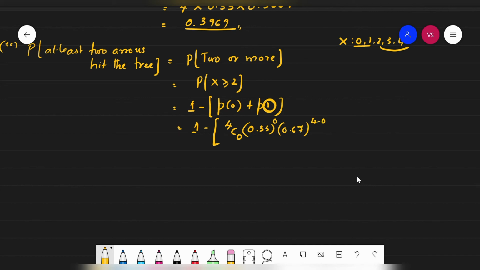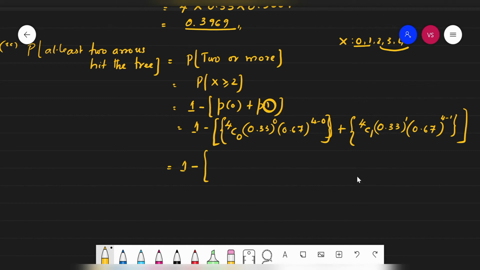This is P of 0. Consider this inside a bracket. Then plus one more, 4C1, 0.33 raised to 1, and then 0.67 raised to 4 minus 1. So it would be like this, 1 minus,